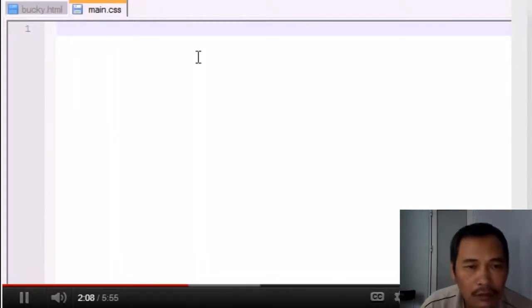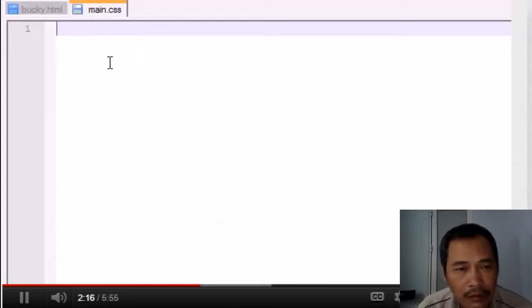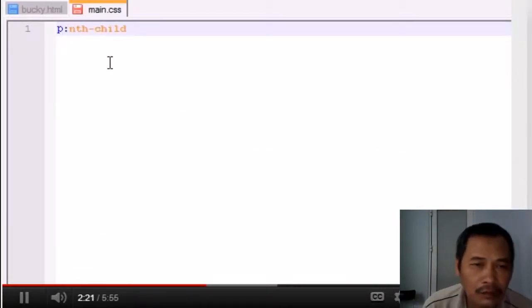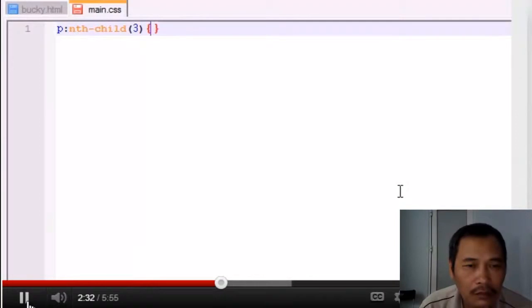So let's go ahead and I'm going to show you guys an example of something called the nth child, which pretty much allows us to represent one of these children according to a number. So say p nth-child, and yes, this is a minus or hyphen, however you want to say it. You can have something written like this, and what this would mean is any paragraph that is the third child, and we can go ahead and apply an attribute to it, gets styled, I don't know, I'll just turn the font